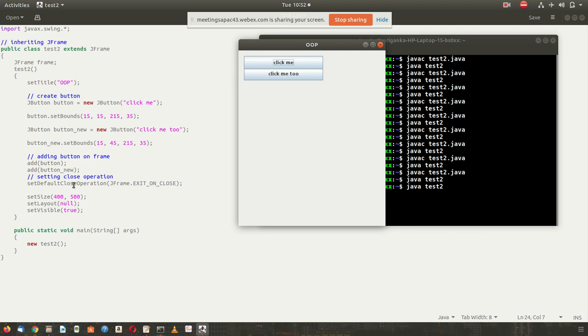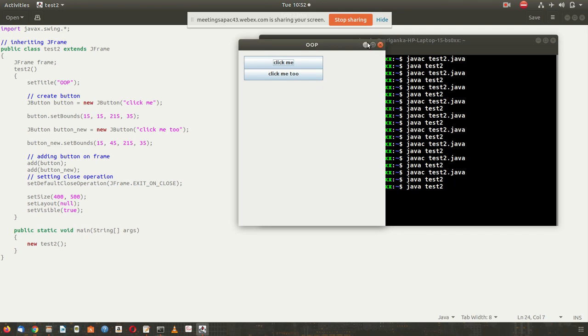The default close operation means whatever is the default, depending on your operating system. Basically there are three options: minimize, maximize, and close. That is the basic set available in every frame. Actually they are small buttons only: one to minimize, one to maximize, one to close.